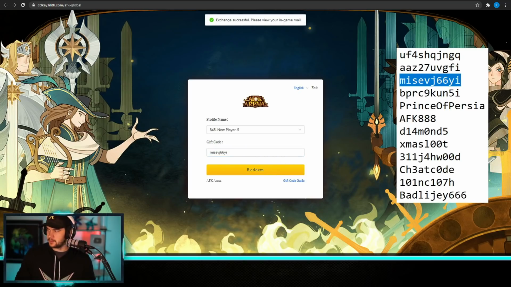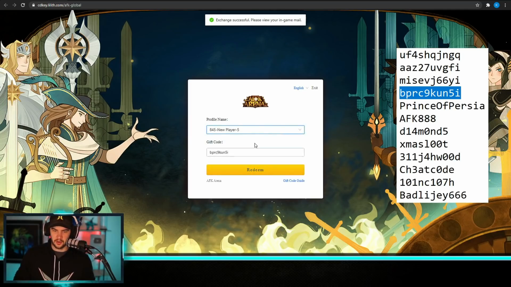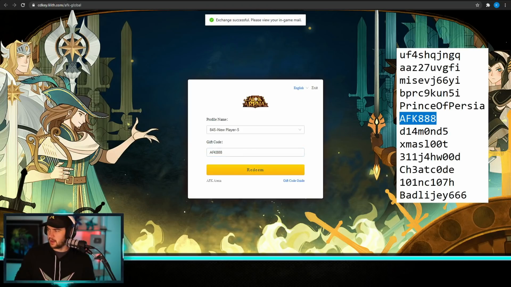Redeem. Successful. And you literally go through that easy. And if you wanted to redeem them on another account as well, you literally hit the drop down, go to the next one, hit redeem, and then put in the next code if you've got multiple accounts when you're doing it in the future. But we're just going to keep going through redeeming these, get all those goodies,